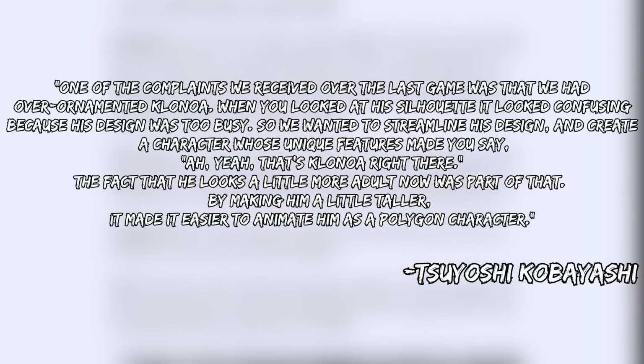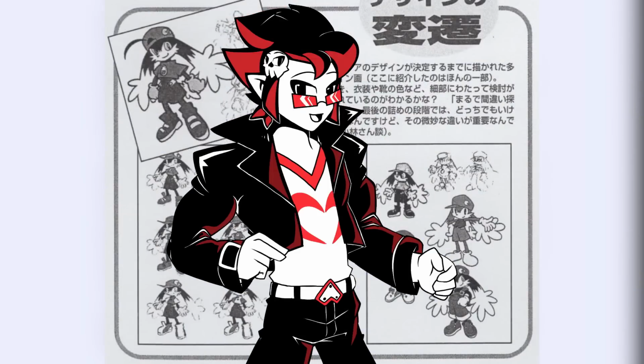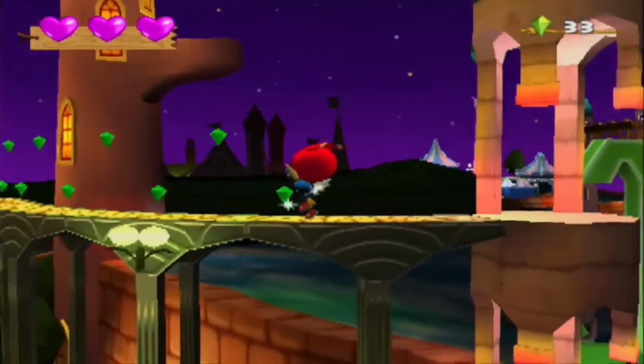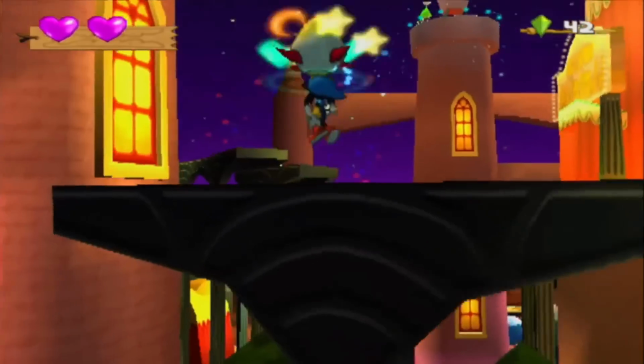By making him a little taller, it made it easier to animate him as a polygon character. And I think it's a good way to consider character design, especially for a video game. Because while you do want there to be a cool design, you do want your character to be memorable and identifiable in your own game and against other characters. Even in darker areas, I always found Klonoa to be a standout character from backgrounds,